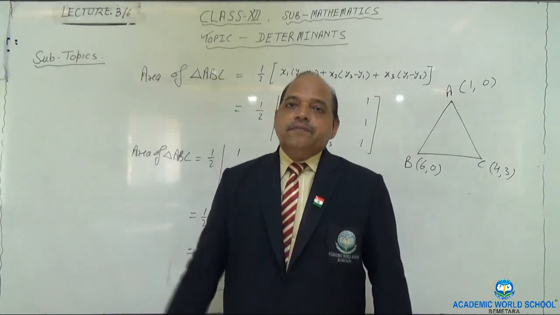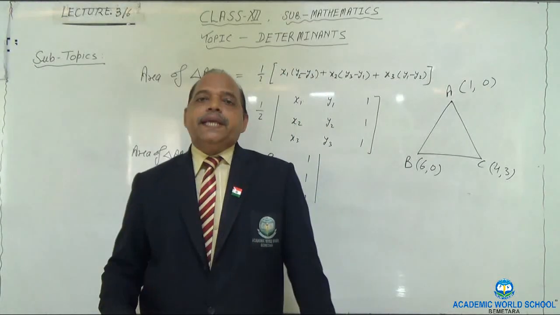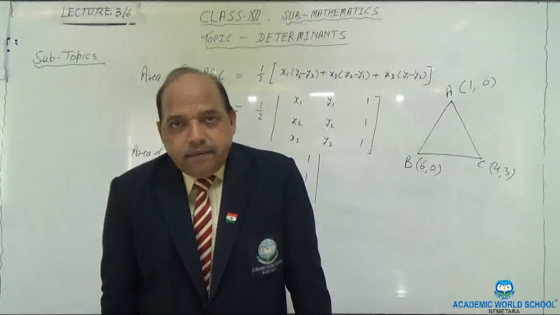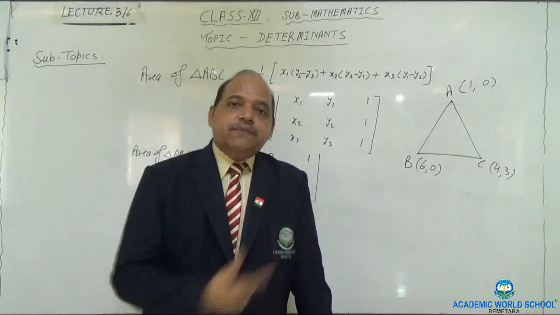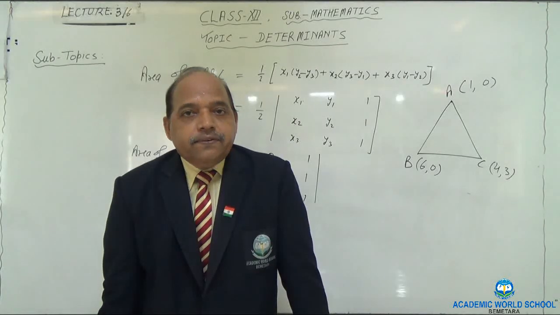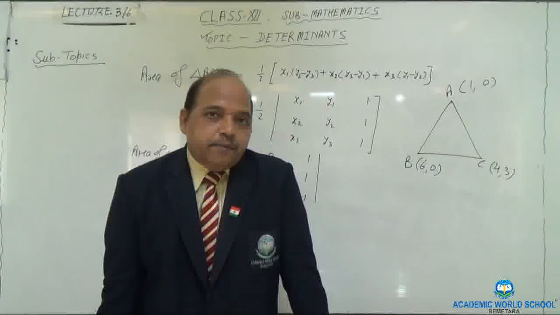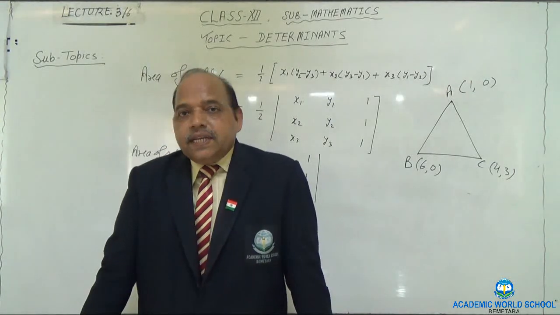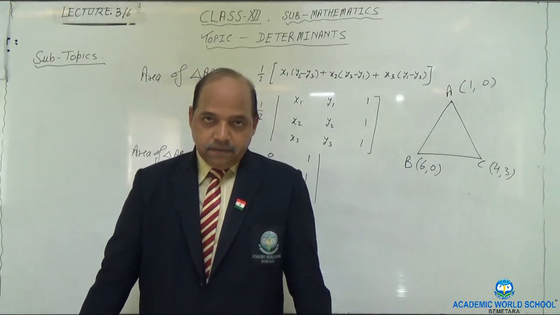I hope you might have noticed that practicing properties is very, very important. And after that, the application. In application of determinant, I explained you how to find area of triangle. And then I also connected with the collinearity of 3 points if their coordinates are given with the determinant. If the corresponding determinant becomes 0, the given 3 points will become collinear.